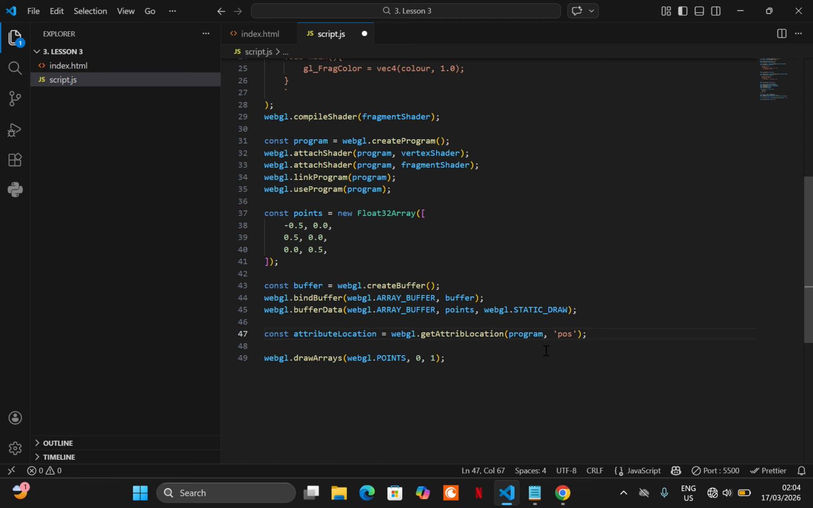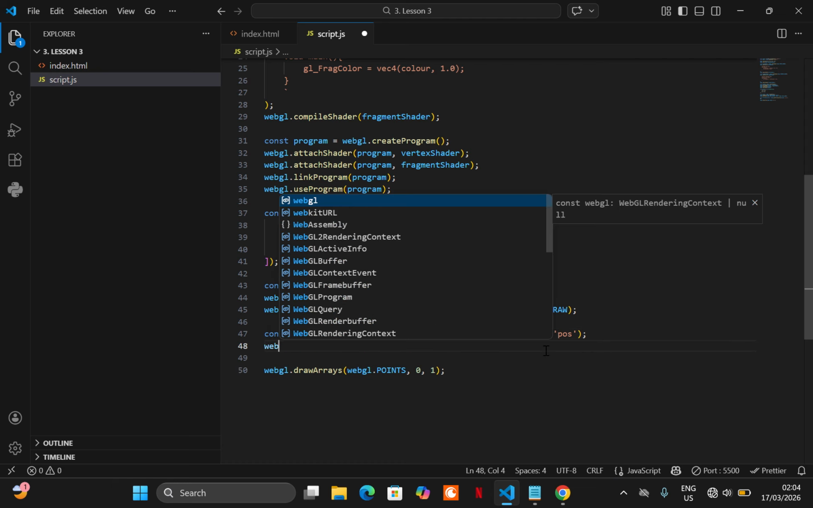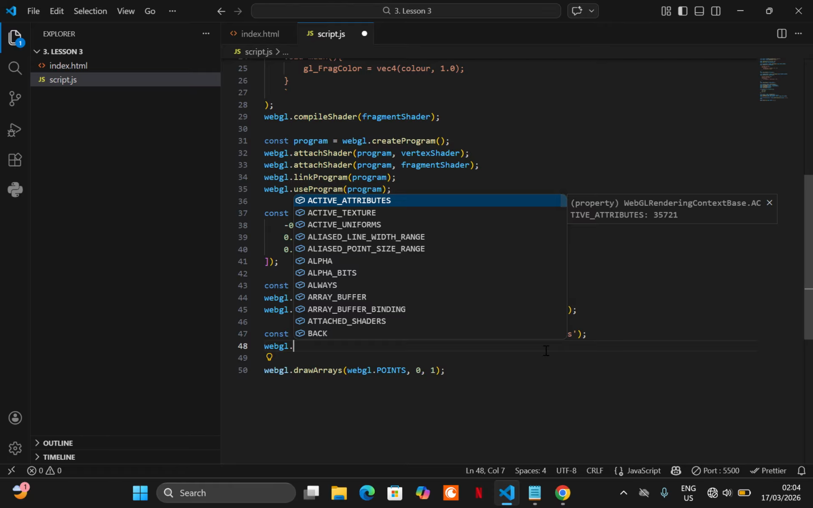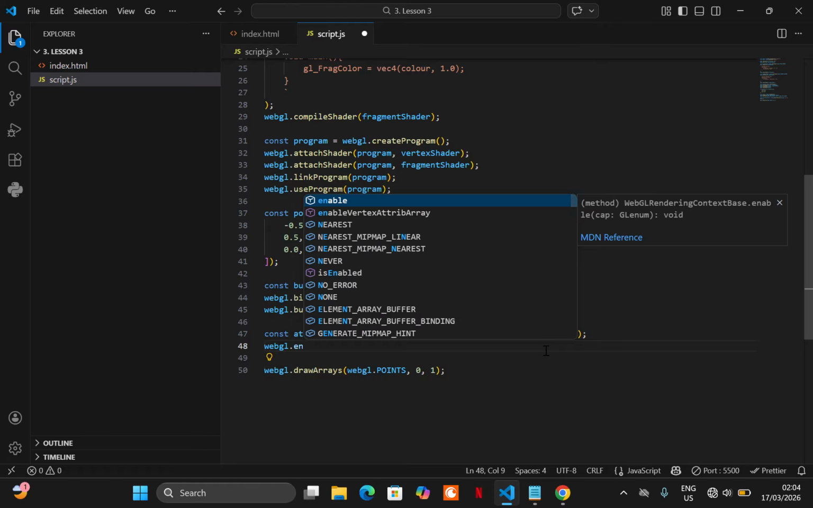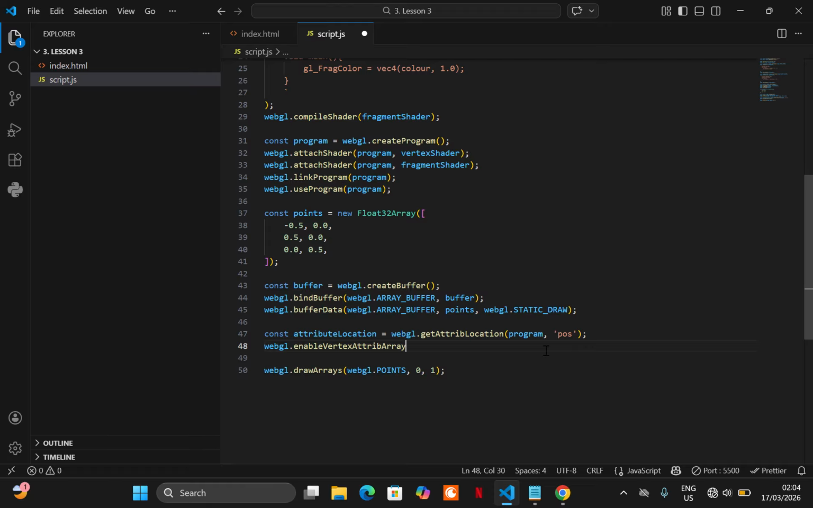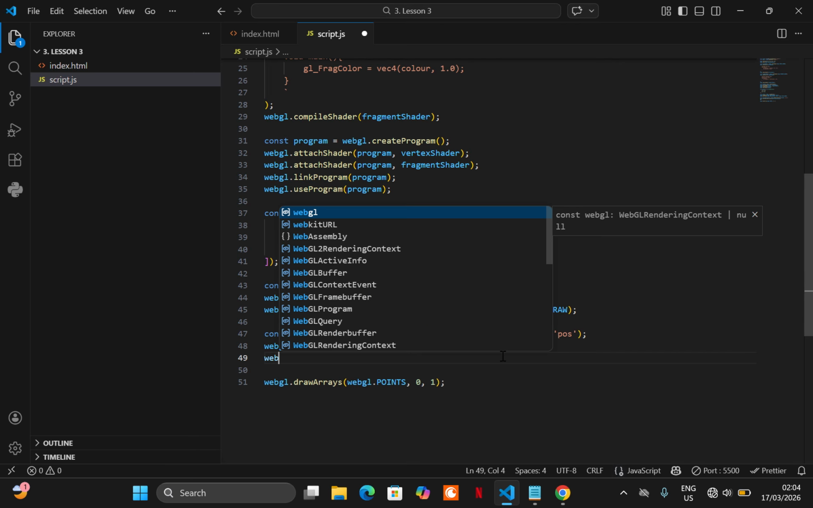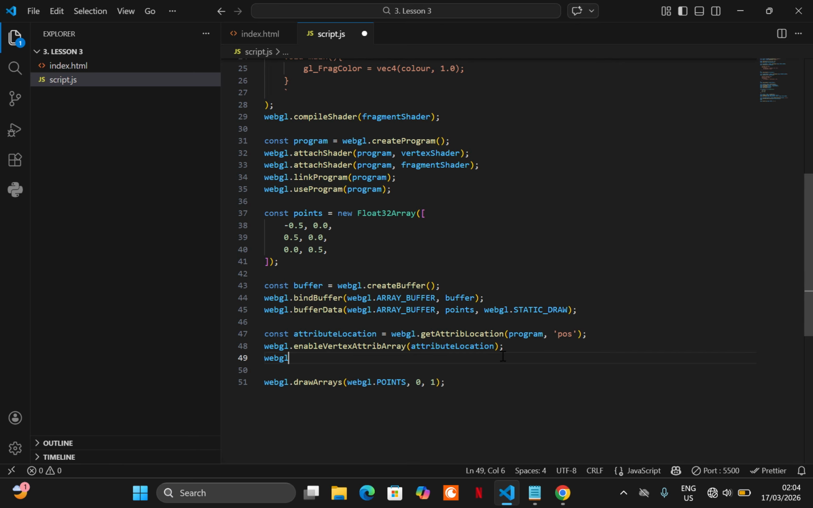Okay, cool. Then after that we have to say WebGL dot enableVertexAttribArray. This is just to enable our attribute, right? And okay, so where's the attribute? We're going to pass in the attribute location, because that has the location of our attribute that we wish to enable. And then after that we have to say WebGL dot